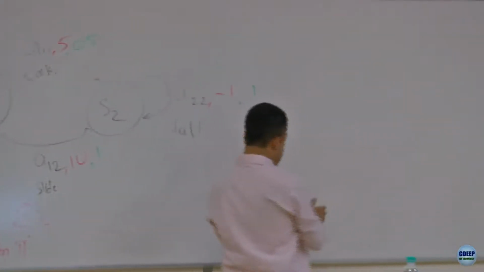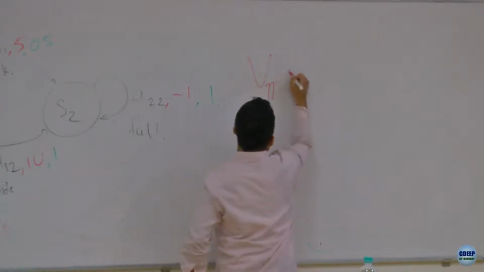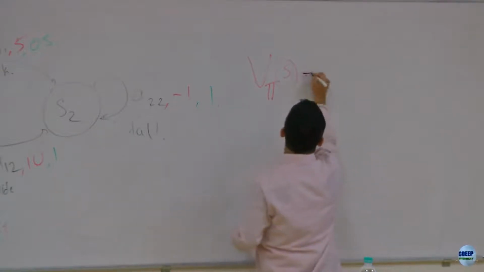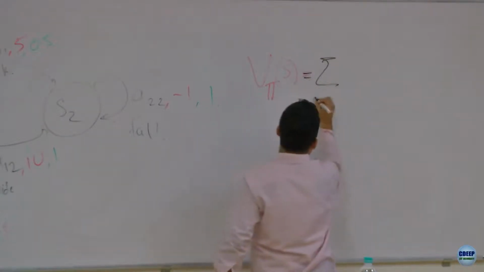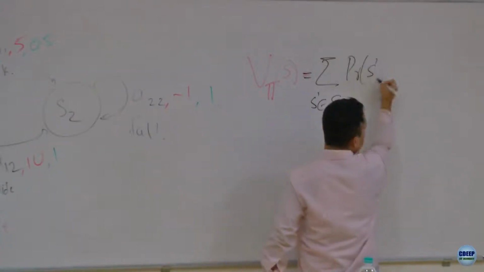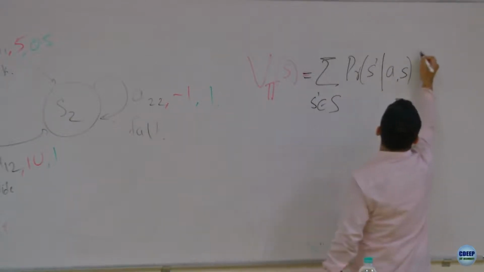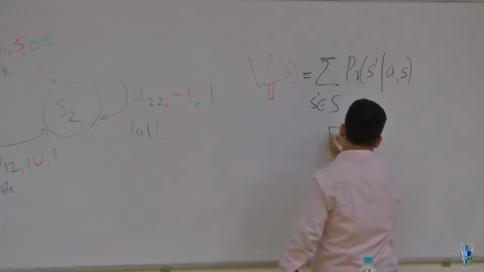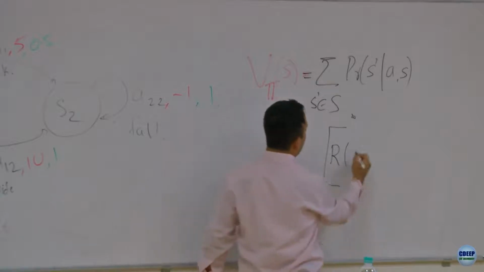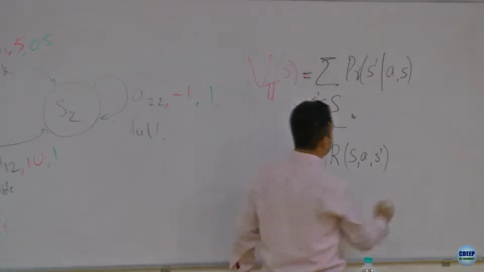So let me write that again. B pi S is, the remaining part is summation over S prime in S of probability of S prime given A comma S into, there's a big square bracket here, the reward you get when you go from S to S prime based on action A, plus